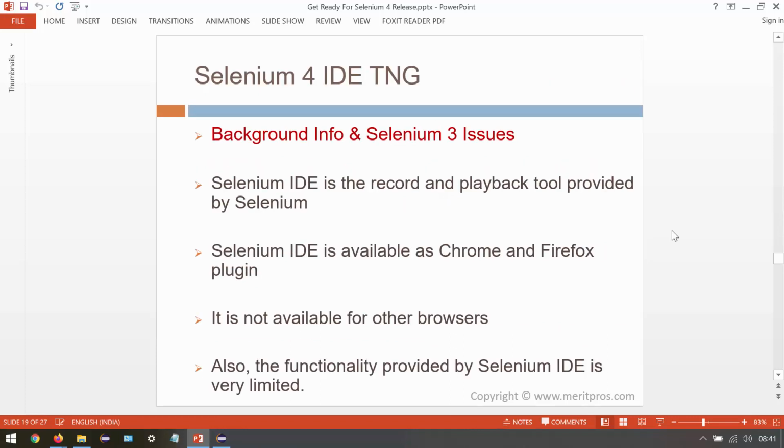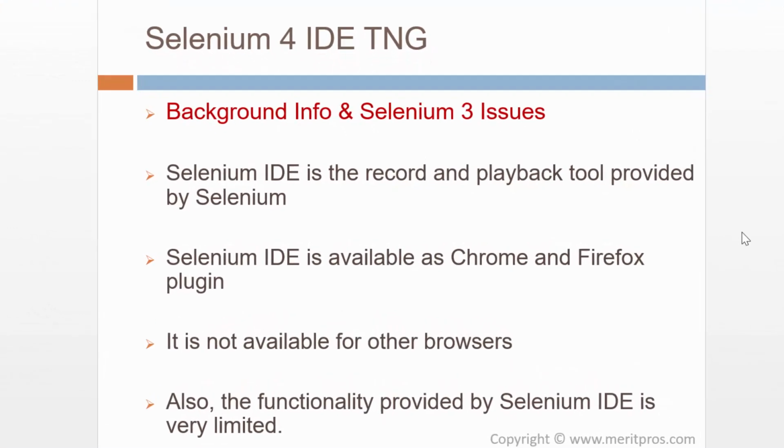Then going forward, we are going to get new Selenium IDE in Selenium 4. Going to background information and issues with Selenium 3. Selenium IDE is the record and playback tool provided by Selenium. Selenium IDE is available as Chrome and Firefox plugin, so it is not available for other browsers, and also the functionality provided by Selenium IDE is very limited.